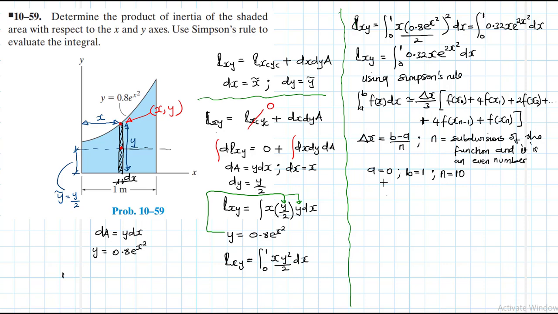Okay, but if the question is asked like this, I'm sure your exam or your test will mention the value of n that you're supposed to use, because the higher the value of n, the more tedious the calculation becomes, right? So delta x therefore is going to be equal to, we said, b minus a divided by n, which is equal to 1 minus 0 divided by 10, which is basically equal to